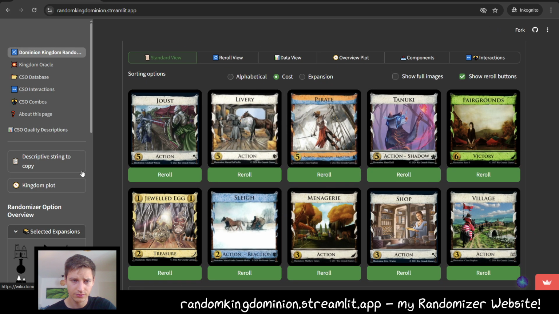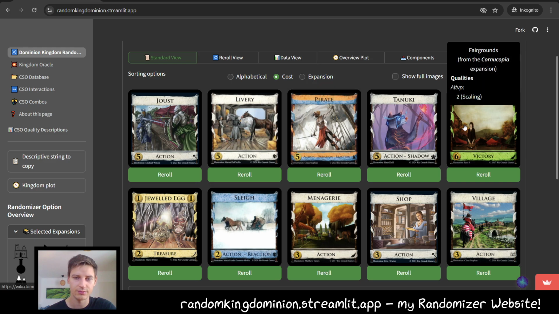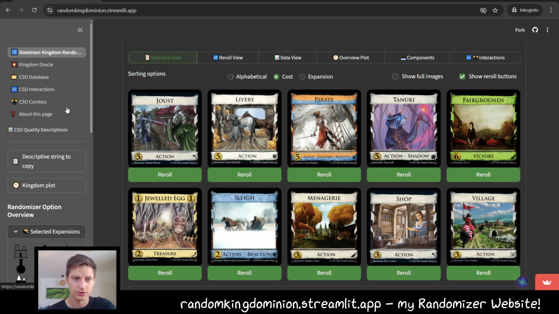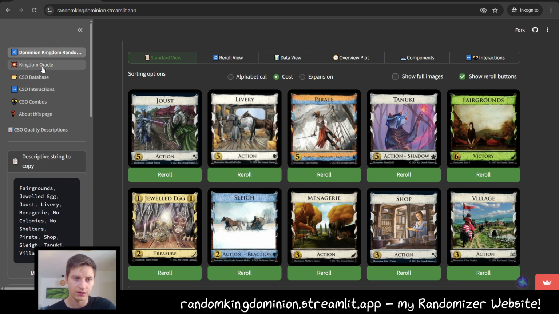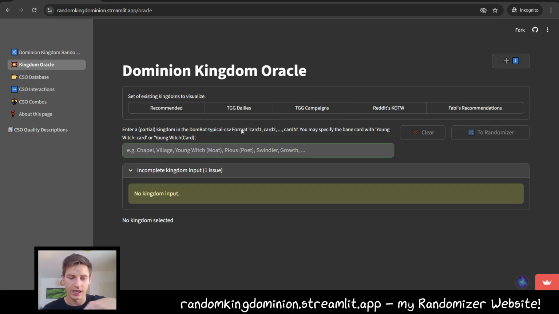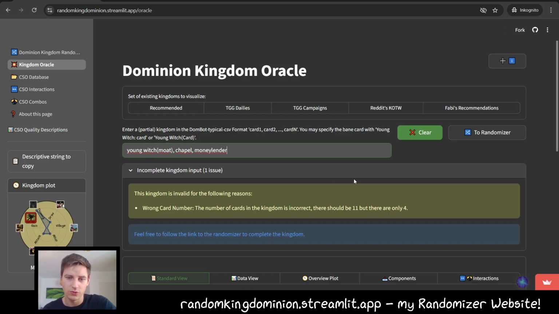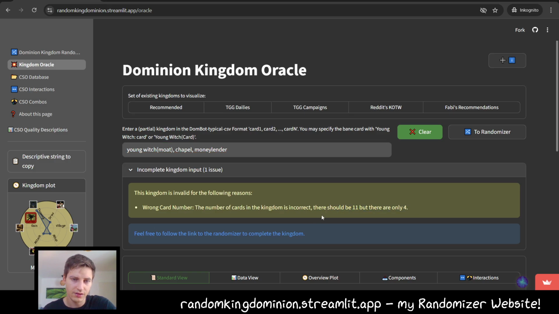And this view you can also achieve for any kingdom you want to view yourself. You don't need to randomize a kingdom to view it, but you can also just go to, let's copy this once again, the kingdom oracle and then type in the cards or the kingdom you want to view yourself. For example, you have a kingdom where you have young witch, and the Bane is the moat, and then there's chapel, there is, I don't know, money lender, and then you press enter, and it will tell you why this is not a valid kingdom for once,